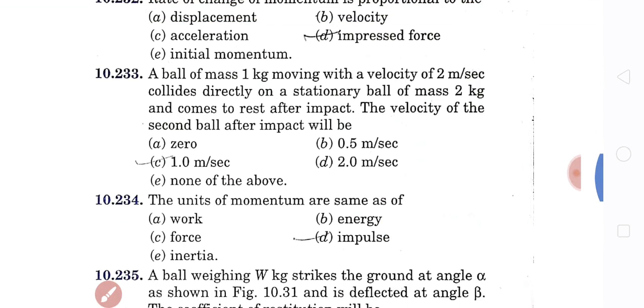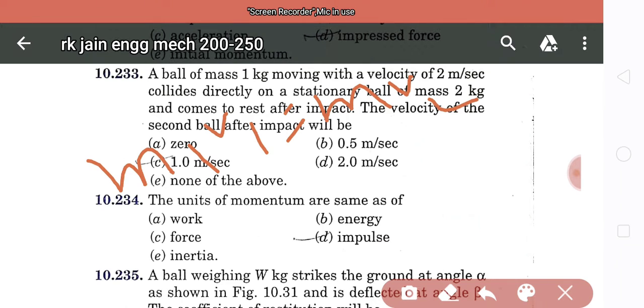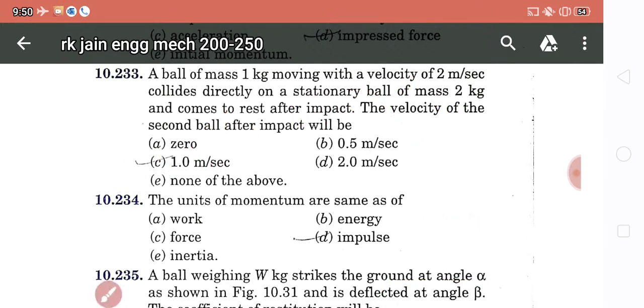Next, a ball of mass 1 kg moves with a velocity of 2 meter per second, collides directly on a stationary ball of mass 2 kg and comes to rest after impact. The velocity of the second ball after impact will be: according to conservation of momentum, m1 v1 equals m2 v2. m1 v1 is equal to m2 v2. We can find the answer will be C,